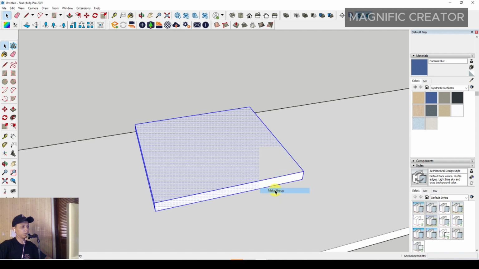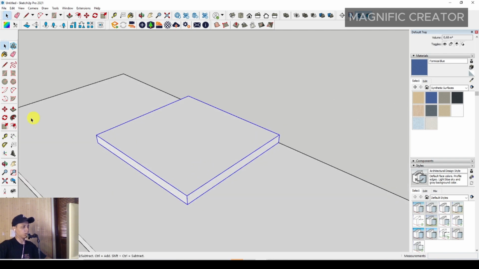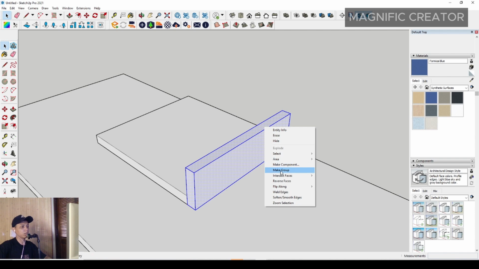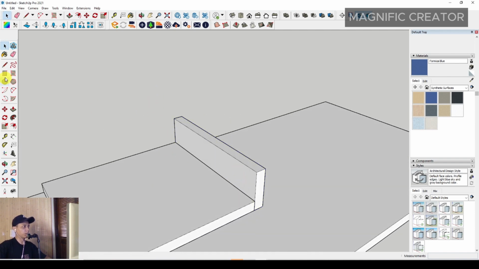Okay, you have to make it a group, and after that you have to make a small wall with a rotated rectangle. You can adjust this to any thickness. You can set it to 150 millimeters, and push it up maybe around 600 millimeters, something like this, and then make it a group, and then you can make a basic frame of the